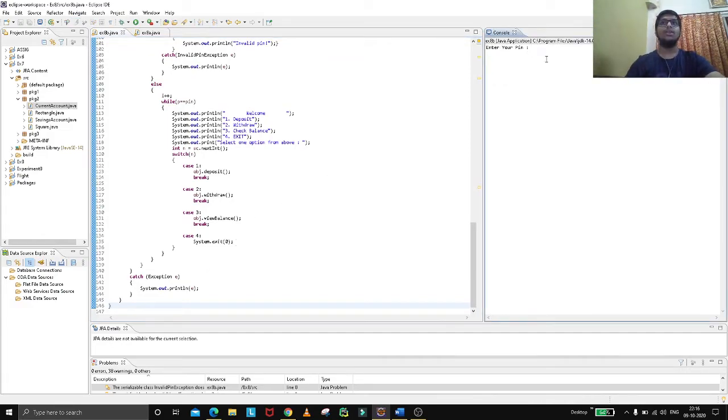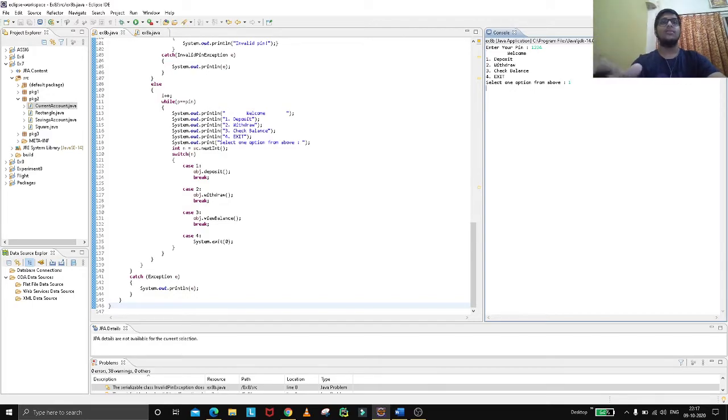So if the user provides a wrong PIN, we can see invalid PIN, again it will ask, and if the user enters a wrong PIN again, it will say incorrect PIN. Now it won't work. See, whatever I give, it won't work because the card is blocked. Now we have to come again the next day and give the same thing. Now if the user gives the correct PIN, that is 1234, it will say welcome, and show deposit, withdraw, check balance, exit.